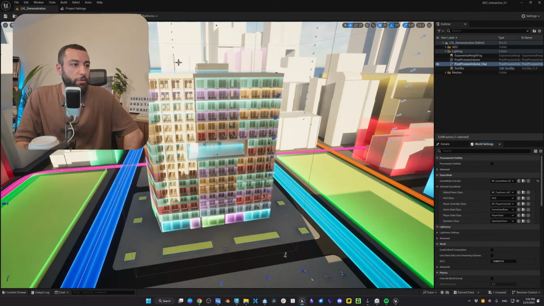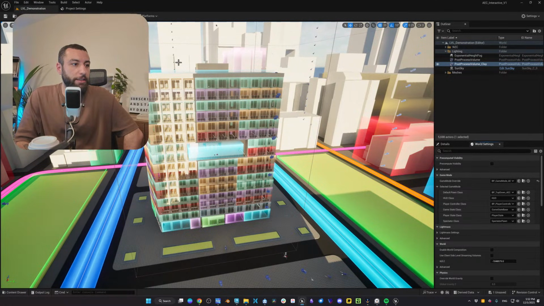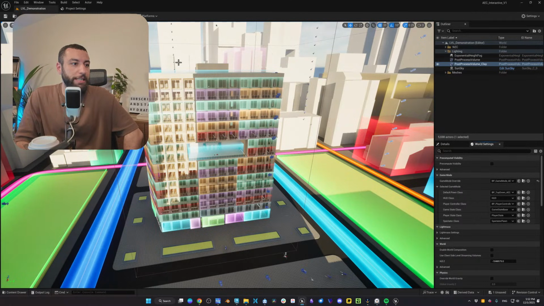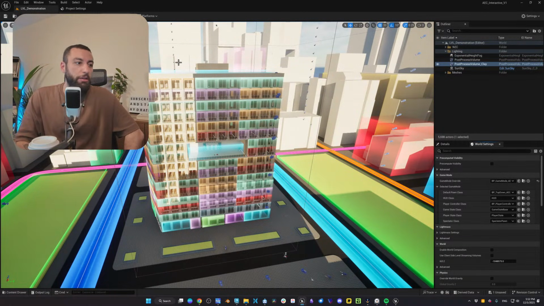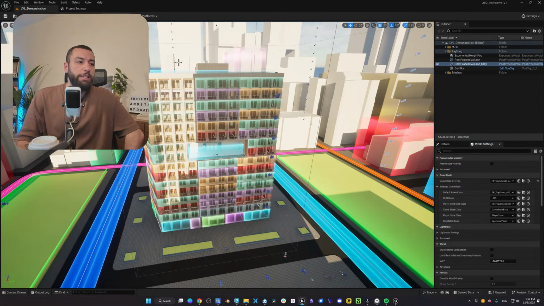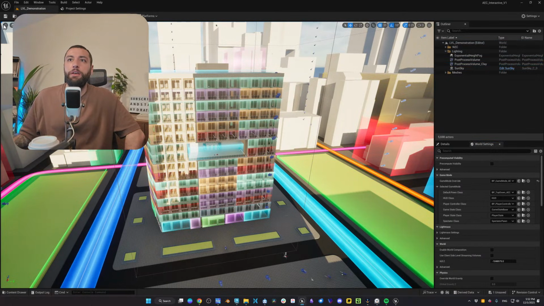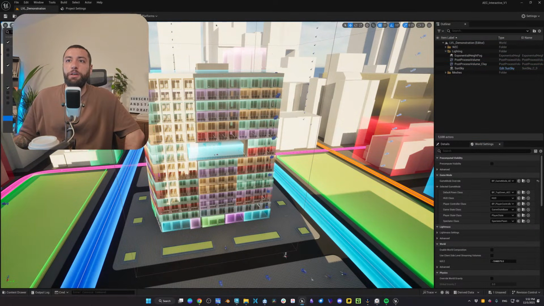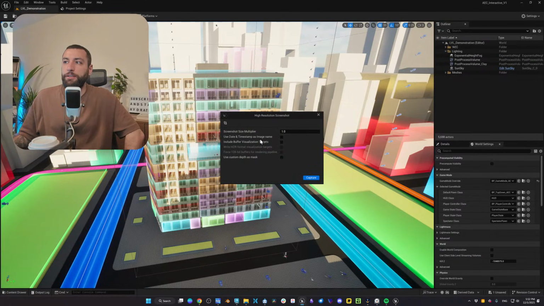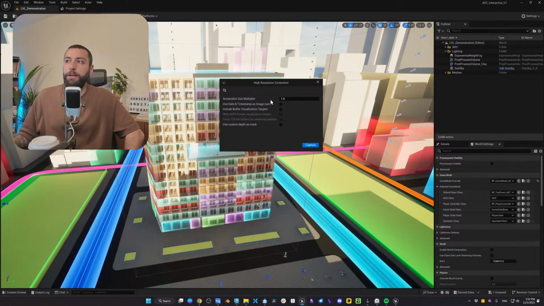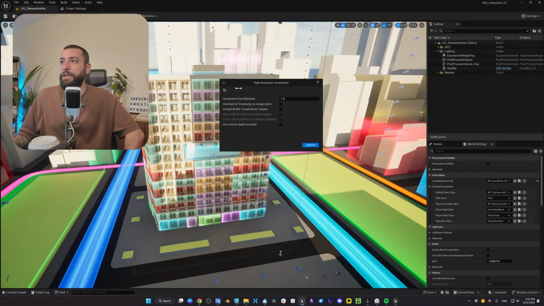Also, when we say this high-res screenshot to clients, 4K and 2K, it's not really 4K, the sharpness is less. If you're using the movie render queue, it will be almost perfect, but if you are using the button here, the high-resolution screenshot, it might be different because the size of the screen here also matters.